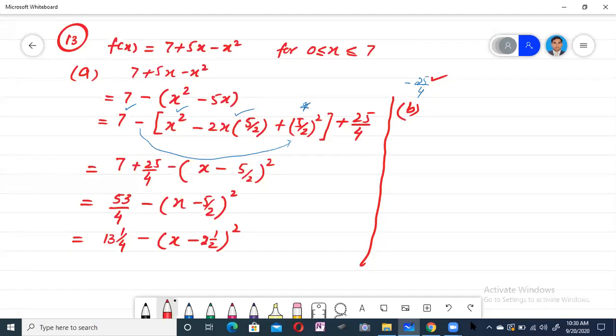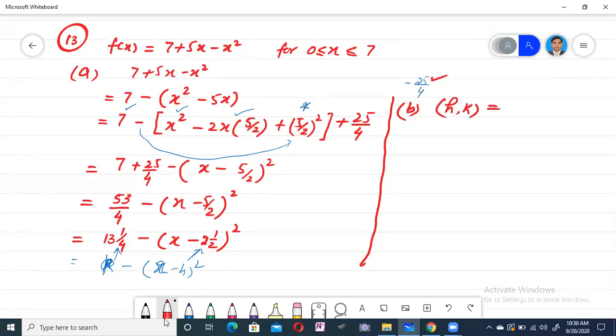Part B is saying what is the turning point? Is it a maximum or minimum point? You know, the turning point we can get from this one here. This will be, we can write P minus Q minus R here, k minus x minus h whole square. H will be the x coordinate and k will be the y coordinate of the turning point. Okay, then here hk